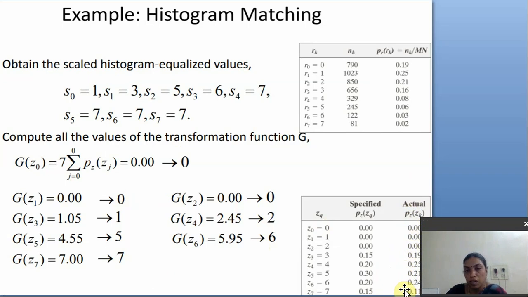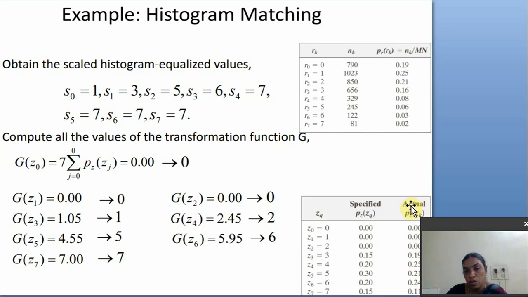What is the histogram equalization? You just refer to that one also. And then here this is the specified pz of zq, right? So we are not comfortable with these values. That's why we have to specify the values like this. According to these specified values, you should get the enhanced image. Okay, right. So now these are the specified values, and then